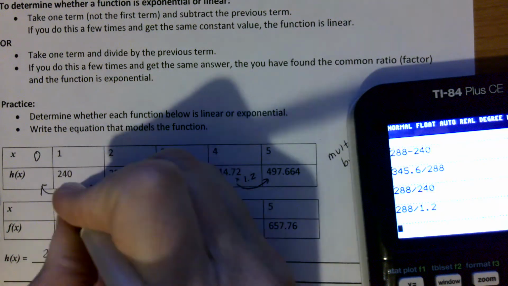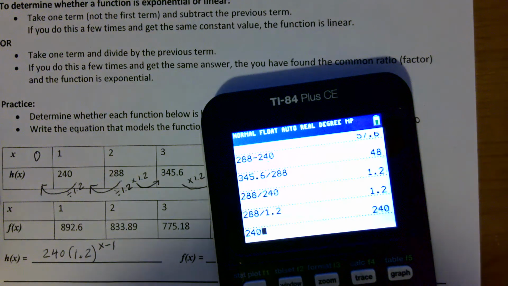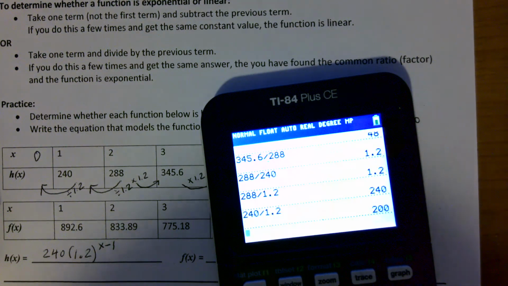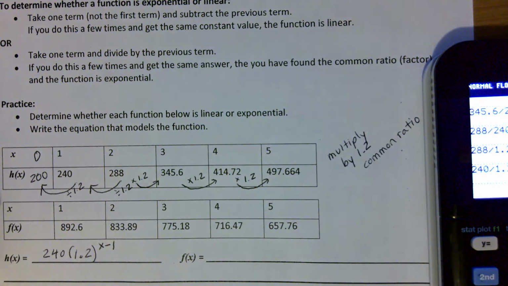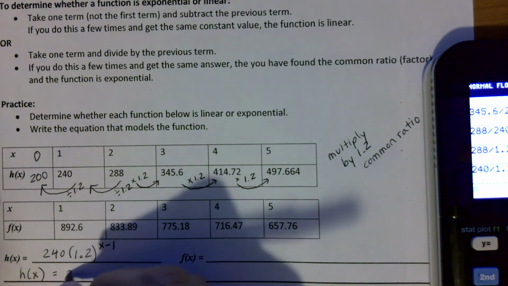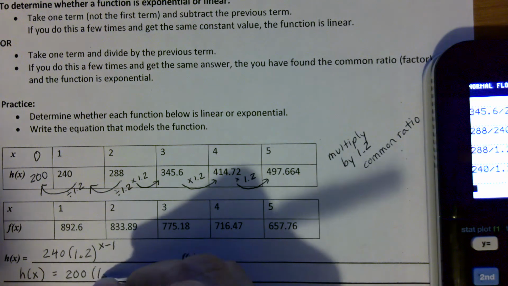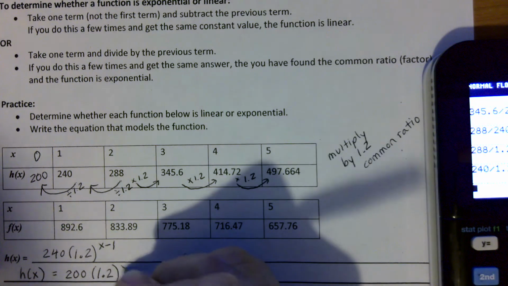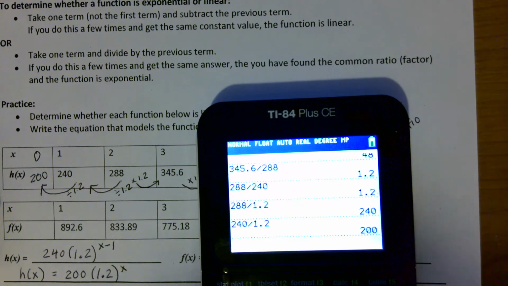We're going to take 240 divided by 1.2, and I get 200. So my 0th term is 200. So I could also write h of x equals my initial amount, 200, times my common ratio to the x power. And remember, anytime you write an equation, let's make sure it matches the table of values